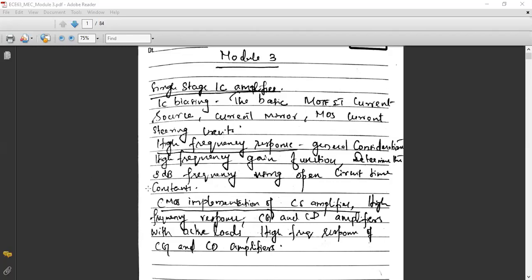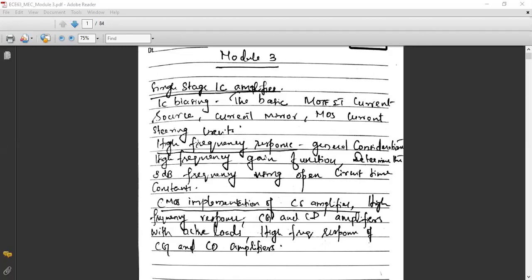Correct. So we can determine this cutoff frequency because, from the designer's point of view, he can fix the cutoff frequency with respect to the application. So based upon the cutoff frequency given, he can design the amplifier. For that, he needs to analyze the particular circuit and find the different methods to determine the value of this cutoff frequency. So in this section, we will be discussing different methods of determining this cutoff frequency and how the amplifier's output frequency response gets varied.